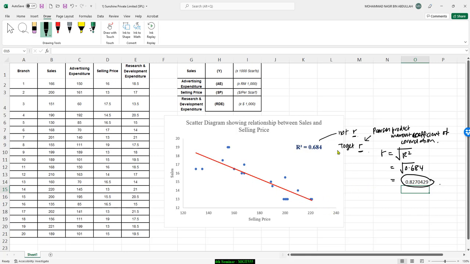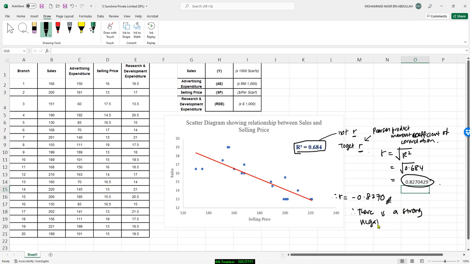So since we are calculating the Pearson from R square, right? Remember, so they always give us a positive value. So the actual R should be equal to negative 0.8270. So we can say that there is a strong